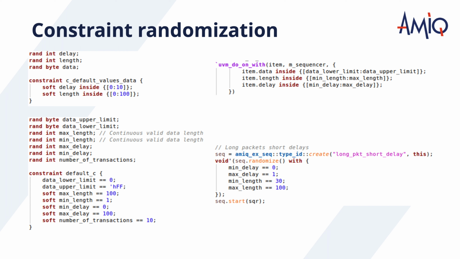Going a bit more in depth into what constraints are, we can see now on the screen the basic constraints of the item. Most of the time, these constraints are there to assure that all generated items are legal transactions, and optionally that they fall in line with what a realistic traffic pattern would look like. Furthermore, we can see the constraints of the sequence. Bear in mind that these constraints take effect on top of the ones in the item when randomization finally occurs. Finally, the sequence is created and randomized in the test case, where the constraint propagation originates from.